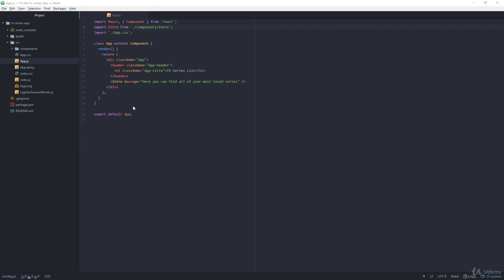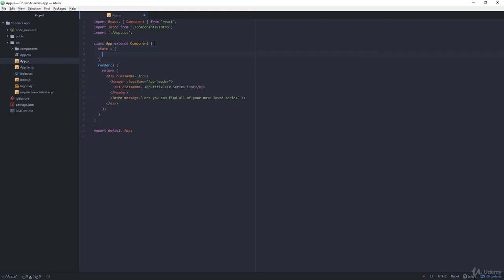It's time to start adding additional functionality to our app component. Components that extend React component class have additional features, and one of them is state. But what is state? Think of it just as a plain JavaScript object to which your component reacts and renders whatever is needed. Let's create our state object